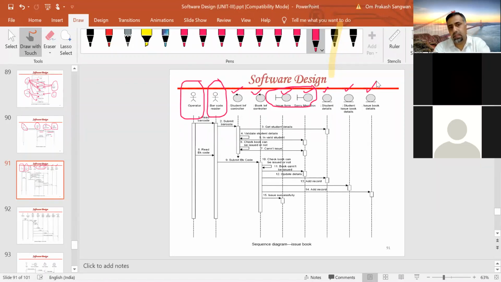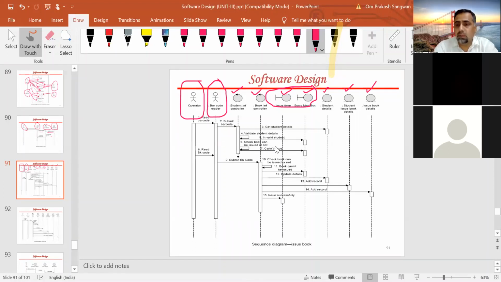Now look at the steps here. First step, the barcode reader will read the barcode, submit the barcode, and get student details, right? Then validate details. If it is invalid, the message will be displayed. Otherwise, check whether the book can be issued or not.